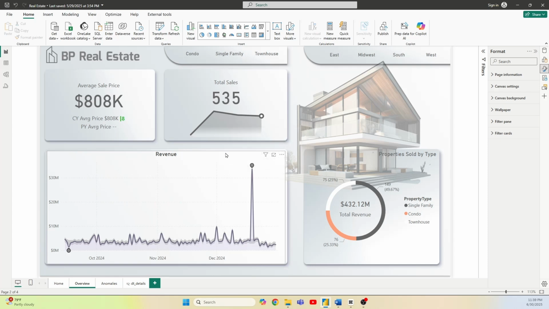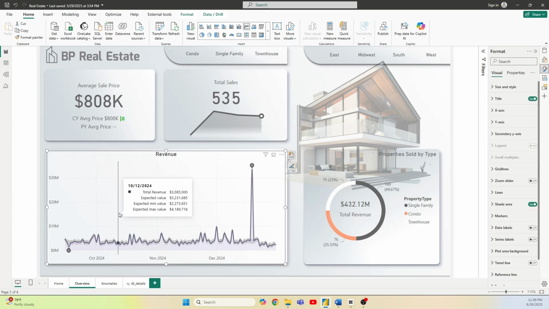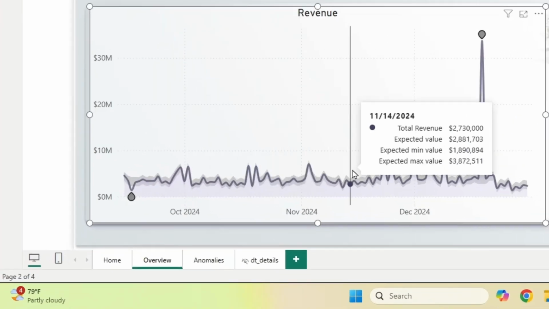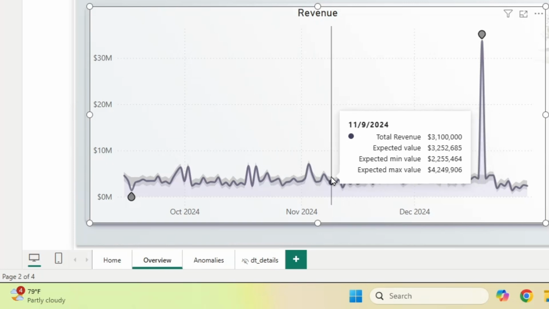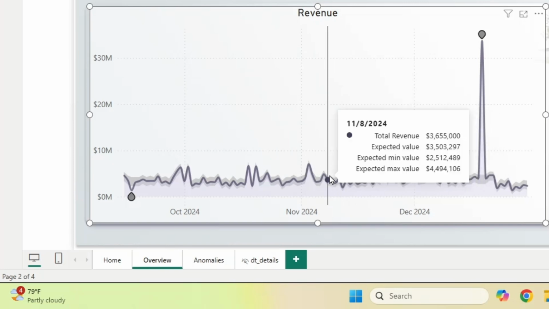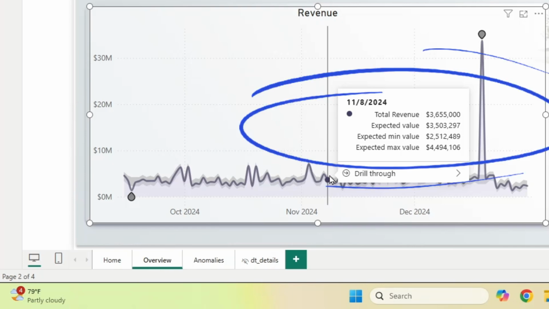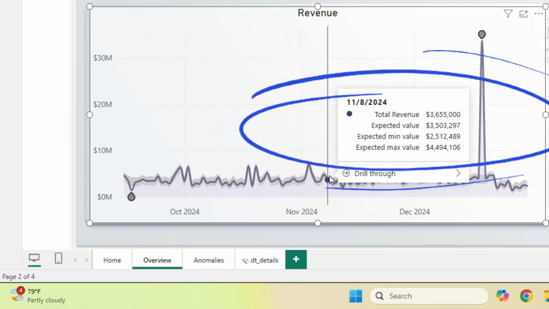Now, we have some other very useful function within this anomalies detection option. As you can see here behind this purple line, we can see a gray line. So what this gray line tells us? This gray line tells us expected minimum and maximum value. So based on all data we have within this line chart, expected minimum value for this date would be 2,500,000, while maximum value would be